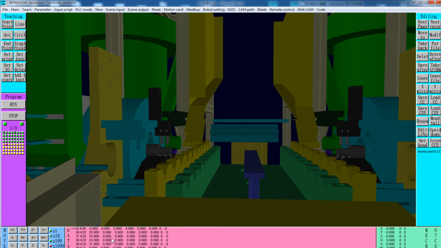Then let's run it to see how the simulation does. Here is a lighting. We use reset to clear the lighting. And then let's run,